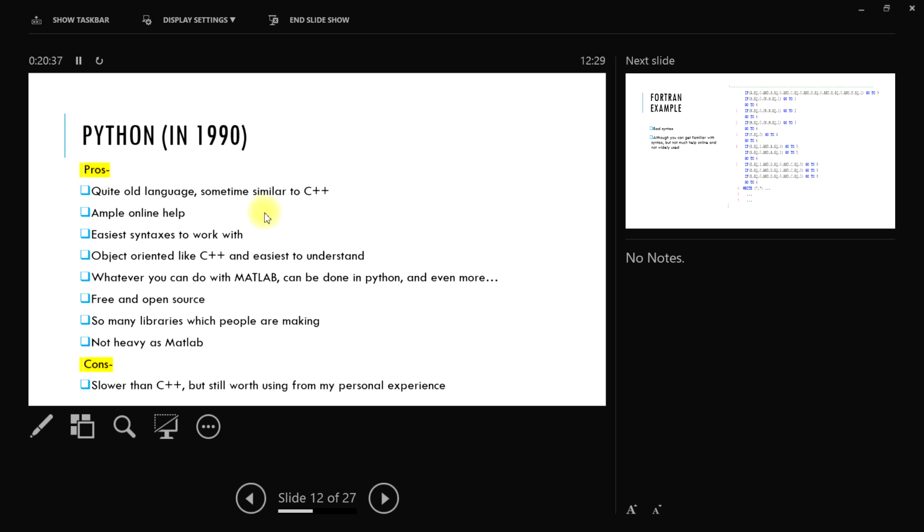Python came in sometime around 1990. It looks like it's a new language, but it's quite an old language. C++ came in the 1980s something. Yeah, go ahead. So I have a question, why did they name it Python? I don't know. Go ask the Android people why they always name their versions jelly bean, chocolate bean, or I don't know.